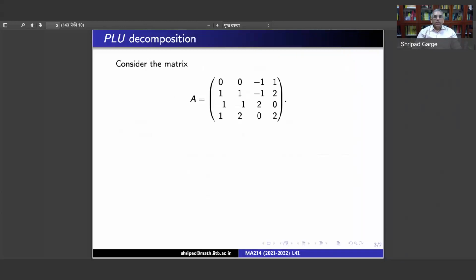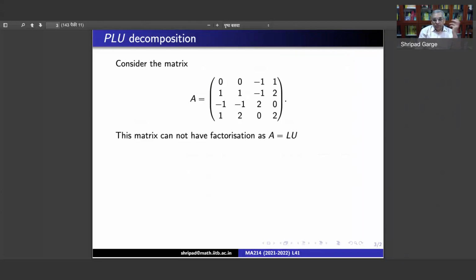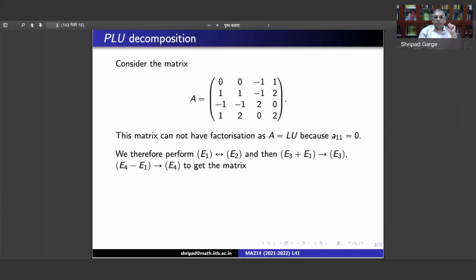So consider this particular matrix. Now the first pivot, a11, is 0, so we will not be able to start the Gaussian elimination. So partial pivoting has to be done, or we will have to interchange E1 and E2. After interchanging, we will then apply E3 plus E1. So 1 will have to be eliminated from E3 and also from E4. So we will do E3 plus E1 instead of E3 and E4 minus E1 instead of E4